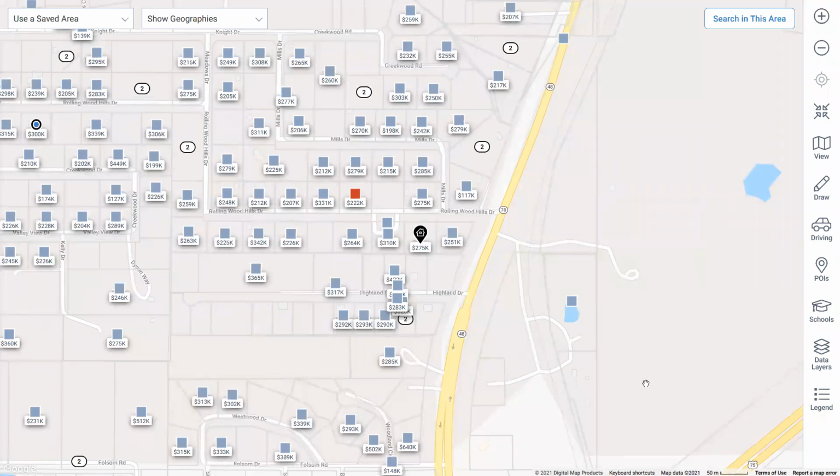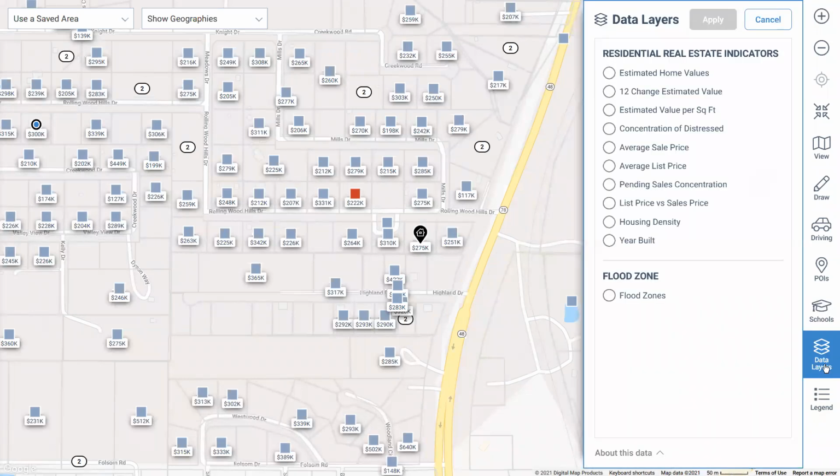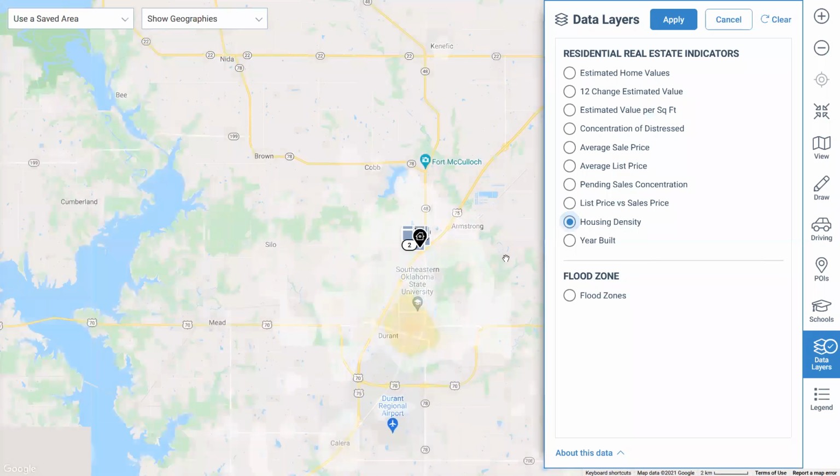Now, in addition, we do have the data layers. Now, this is something that we cover extensively in Realist and a little bit in Matrix as well. But I wanted to point out that we do have the residential real estate indicators in this data layers, which allows us to see a lot of the kind of maybe overarching data that you might be interested in or that your client might be interested in, so that they can see, all right, what's the housing density for these